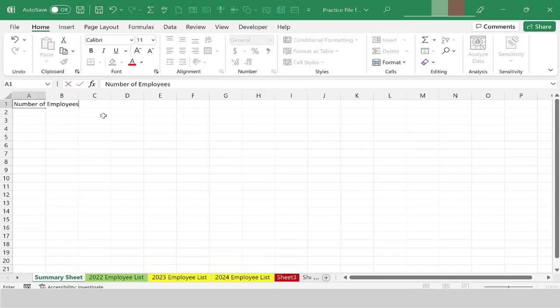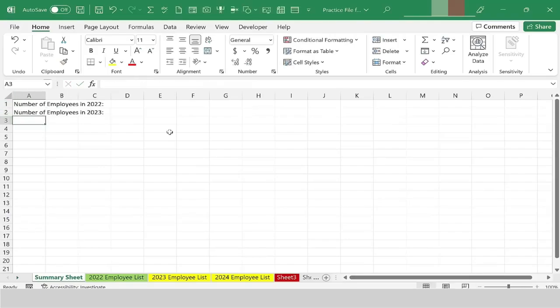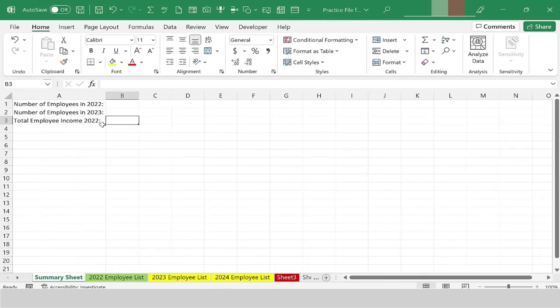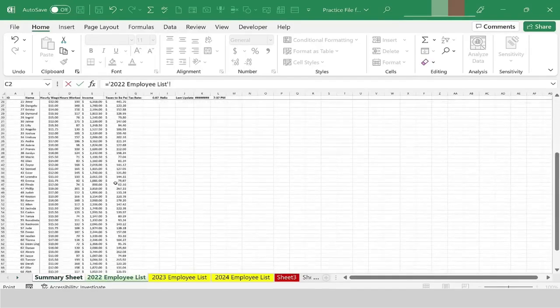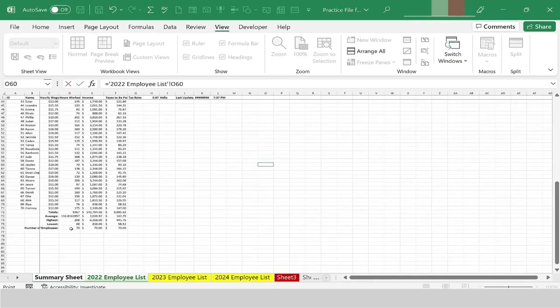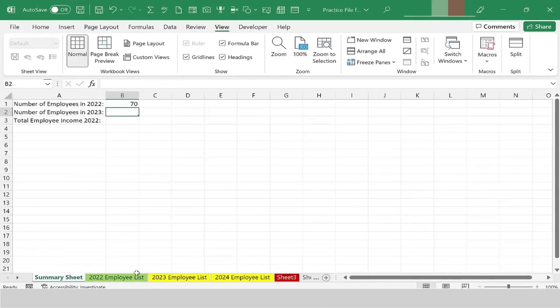So I'm going to type in number of employees in 2022, colon, I'll tap Enter, number of employees in 2023, tap Enter, total employee income, 2022, and I'll just stop there for now. I'm going to double click between A and B to make sure the data fits within the column. And then here in cell B1, I'm going to type equals, and I want to now pull in this information from this other worksheet. So I'll just click on that worksheet, the total number of employees, and then I'm just going to click here on the total number of employees